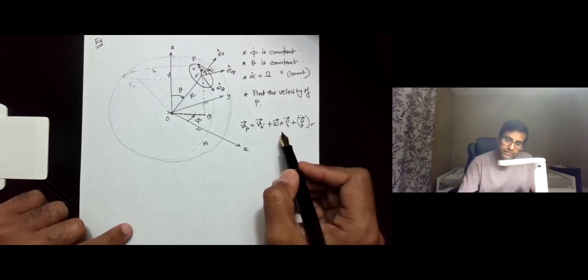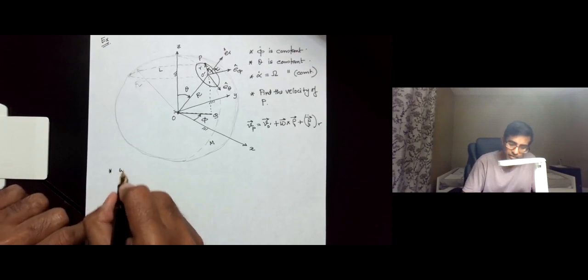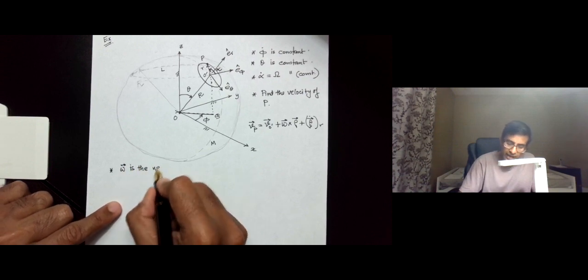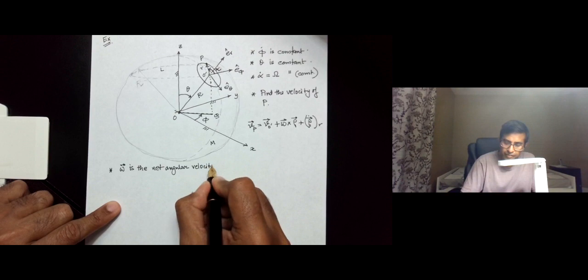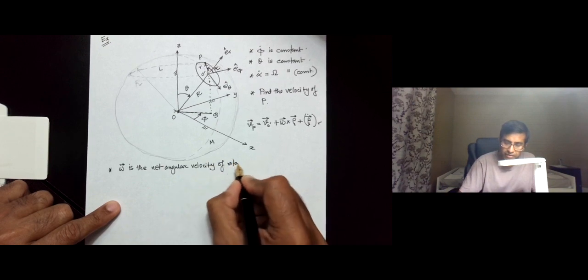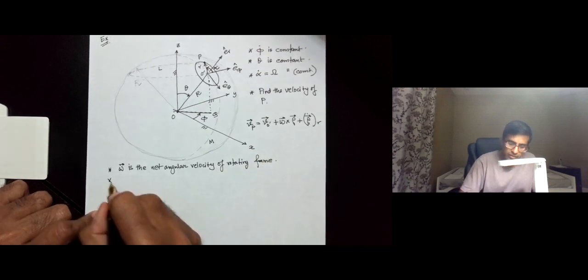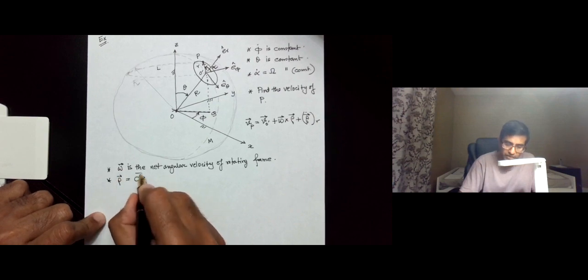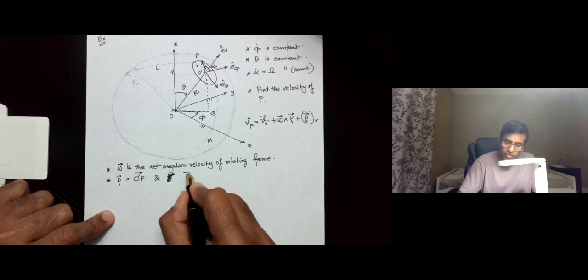And if you recall, omega is the net angular velocity of the rotating frame. Rho is the vector which is going to go from O prime to P, and rho dot r